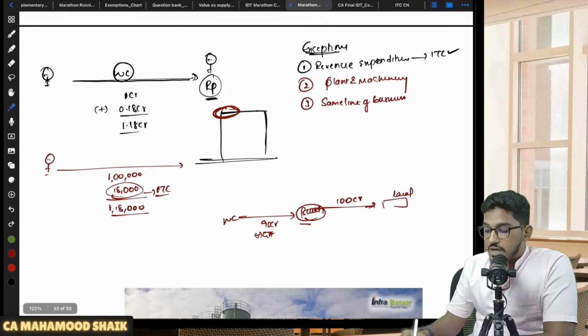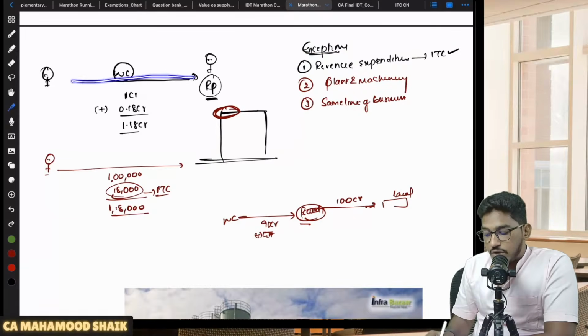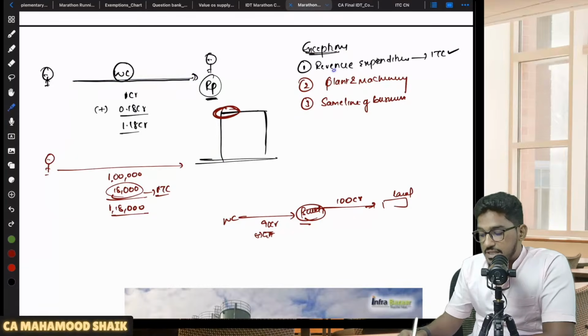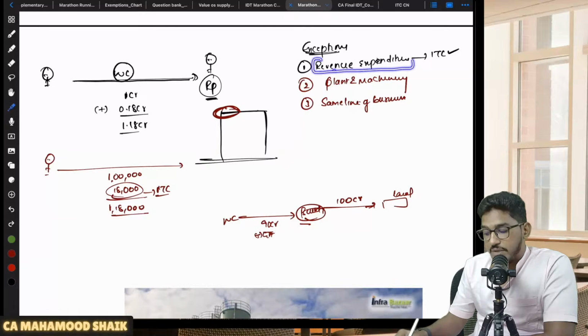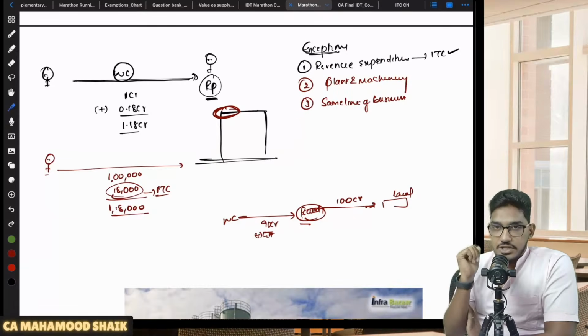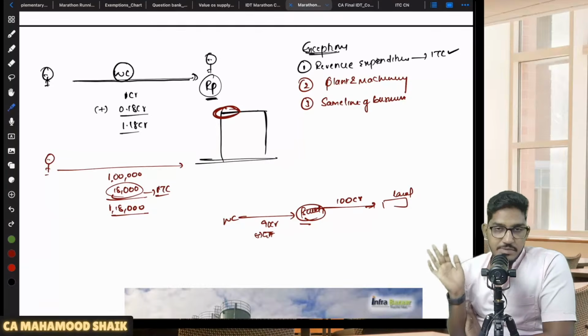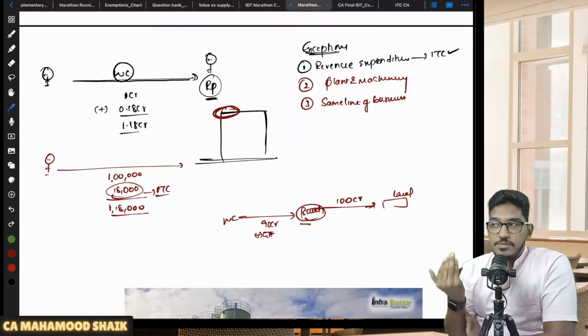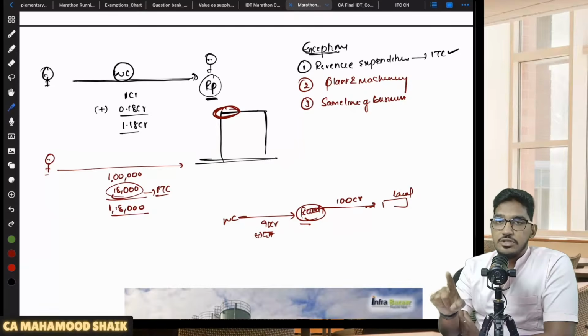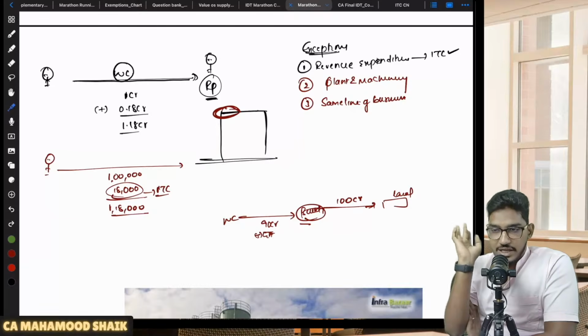When, sir? Sir, when will ITC be eligible? What are the exceptions? Number 1, if that works contract, whatever you are receiving, doesn't qualify as a capital expenditure, it is revenue expenditure. If you are receiving works contract services in relation to an immobile property, which will not qualify as capital expenditure as per the accounting standards, it is a revenue expenditure. It is such an expenditure which will be charged to the statement of P&L. On that, you can take ITC.